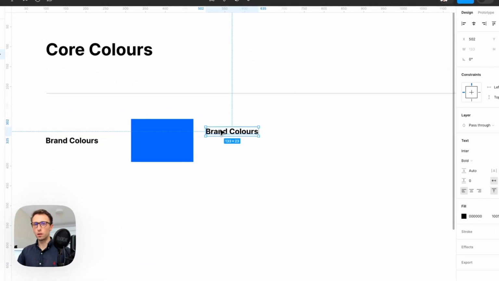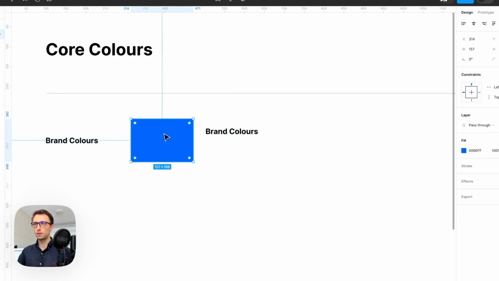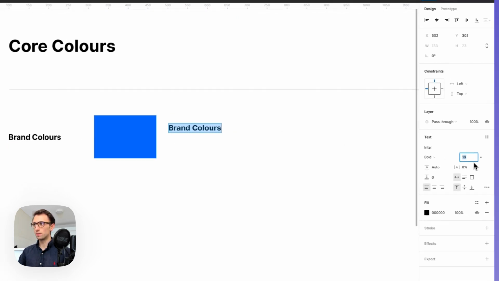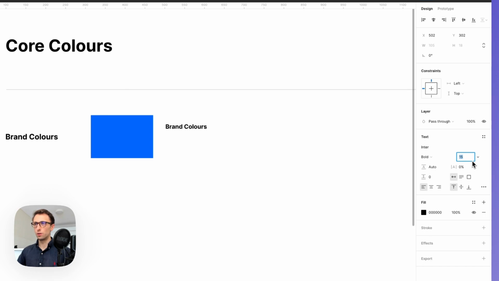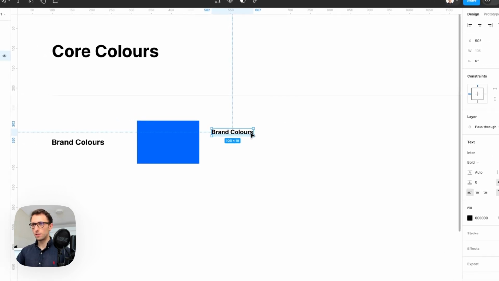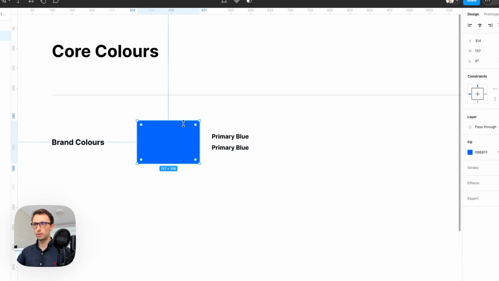So let's just keep it loose for the time being, and then we can obviously resize and reorganize these. So let's call this primary blue. We're going to add right below it